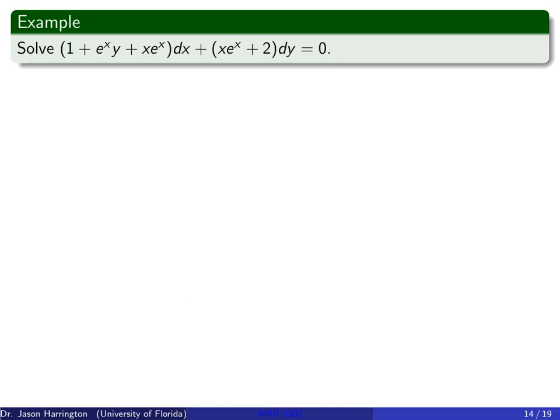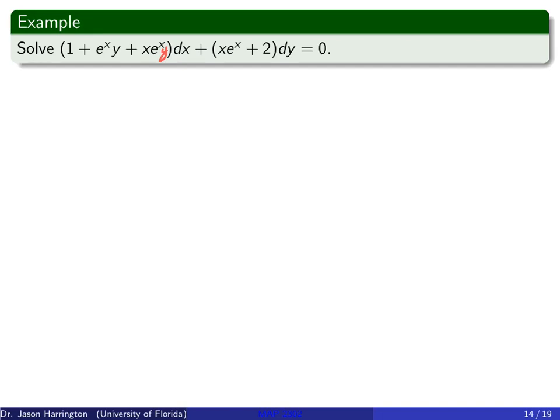All right, so for now, this example here, we have solved this ODE. We have 1 plus e to the x times y plus x times e to the x with respect to x. Hold on a minute, that doesn't look right. X times e to the x plus 2 dy. That's interesting. So again, I just checked for exactness in my head real quick, and that's actually not exact. Seems like I'm missing something. Let me fix this. I'll fix it on the lecture notes before I post them. It should be a little y somewhere. Some little y right here. Cool. How could I forget that little guy?